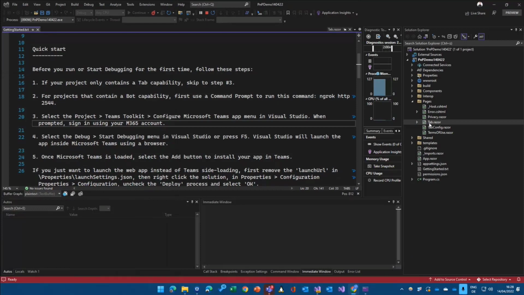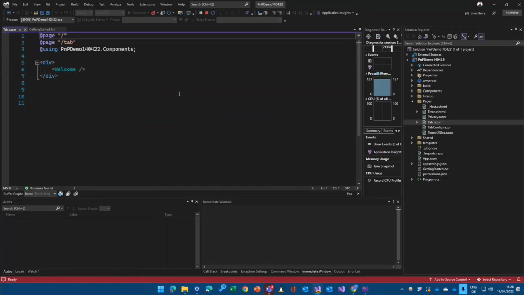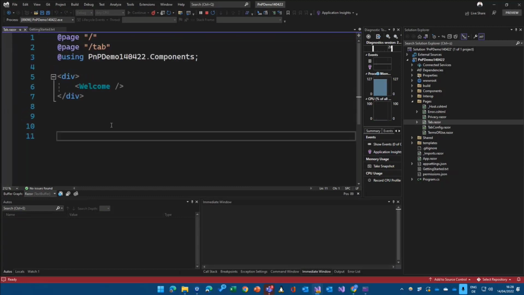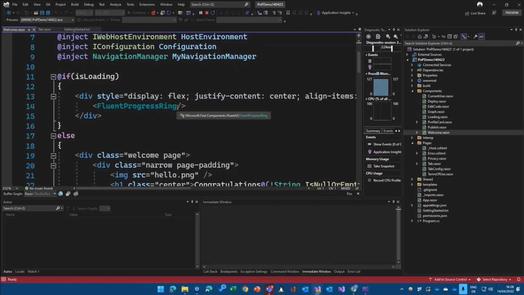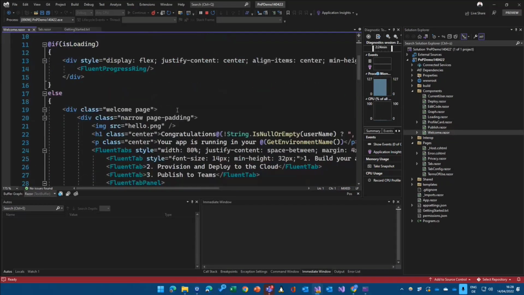First of all, we opened up the tab. Tab is pretty straightforward, and I will make the font size a little bit bigger. So hopefully this is readable for everyone. Have my component here, and there's a welcome component. So the project already shows you the Blazor way of working with using components, very simple. I have components here, and I can define basically what is part of my welcome component.